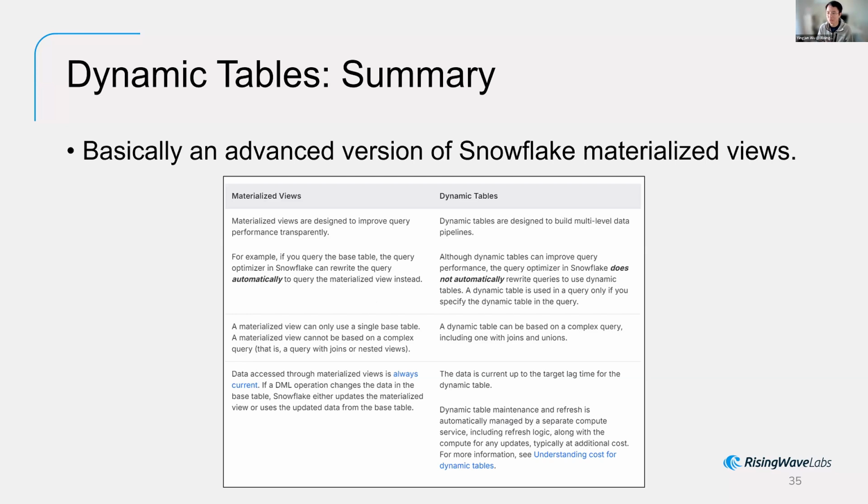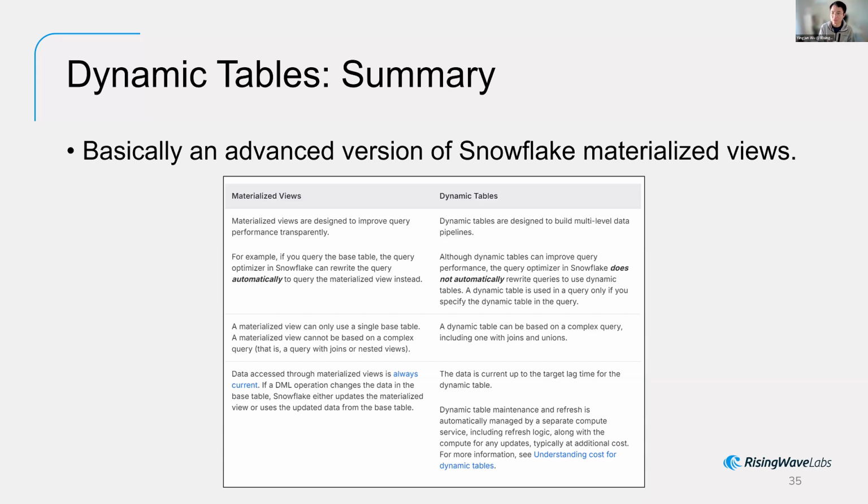So basically, if you have a base table, you can only create a materialized view to do some aggregations on top of that table. You cannot join two different tables. But the dynamic table is the more advanced materialized view in Snowflake. A dynamic table can be based on a complex query, including joins and unions, meaning that you can build a dynamic table on top of, let's say, 3 different base tables, right? I have to say that in any other database system, their materialized view concept is essentially Snowflake's dynamic table concept. So a dynamic table is just like a standard materialized view.